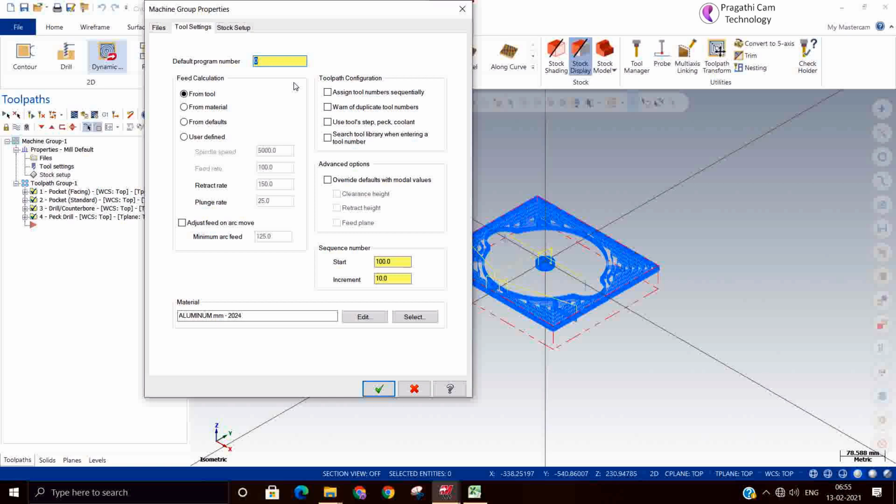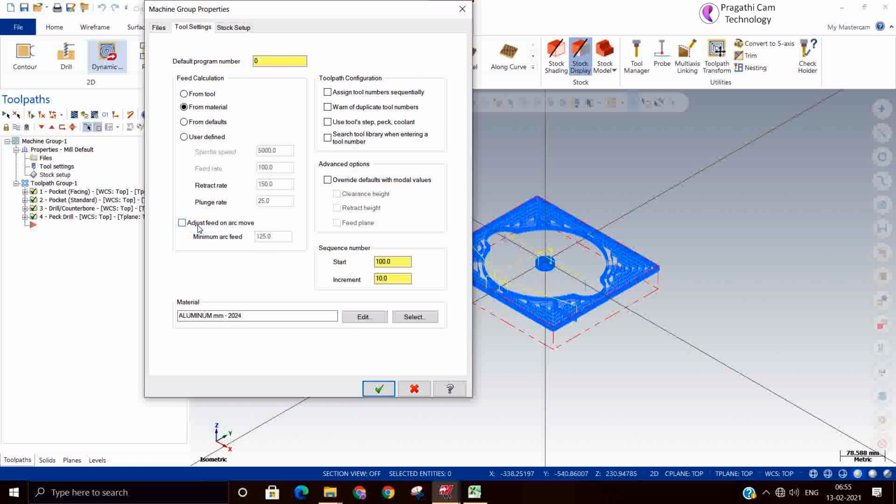One is you can get the feed and speed from the tool library, or based on the material you want to have the feed rates. So from where it has to read, either from the tool library or from the material library. So here we have selected from library.